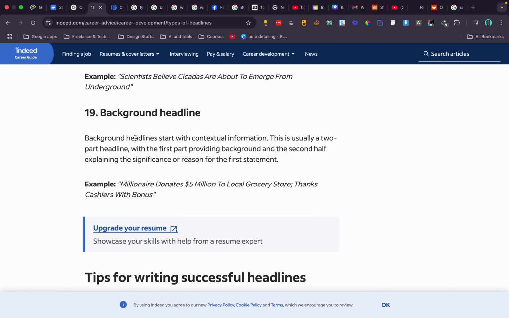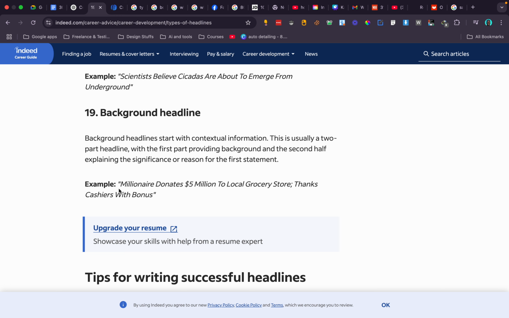Background headline. Background headline starts with contextual information. This is usually a two-part headline, with the first part providing a background and the second half explaining the significance or reason for the first statement. Example: "Millionaire donates 5 million to local grocery store, thanks cashiers with bonus."